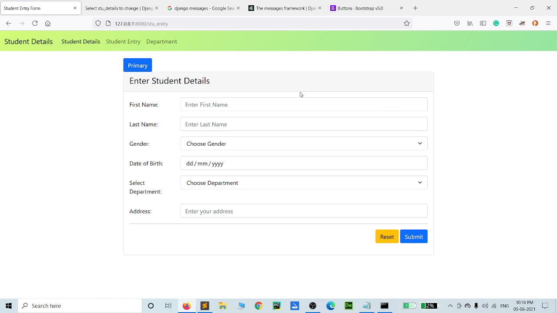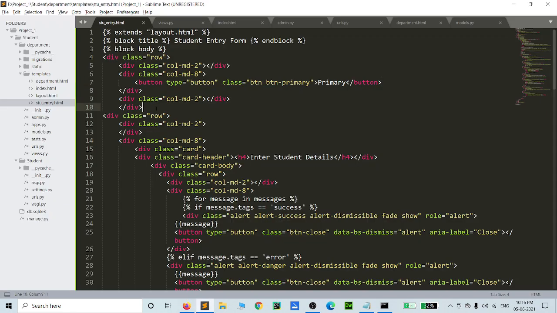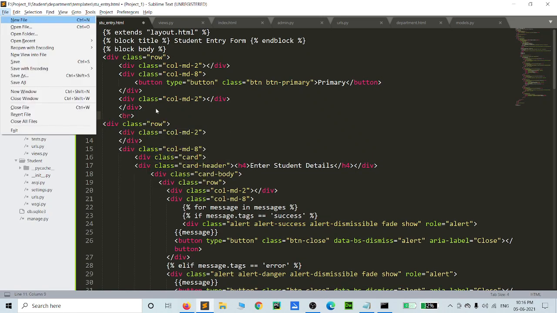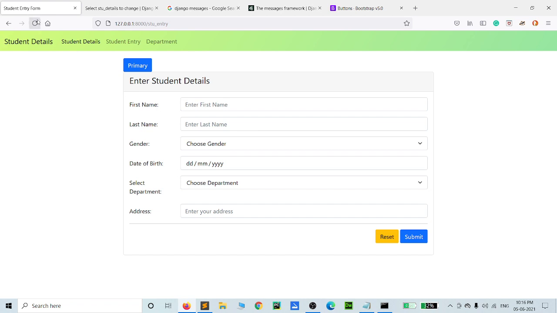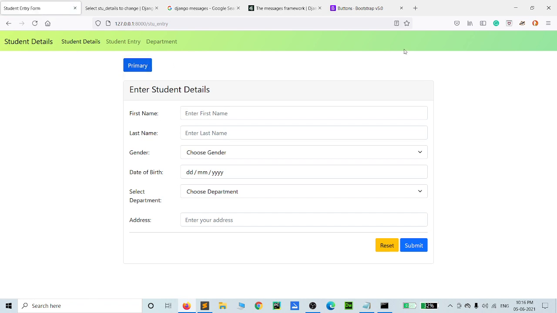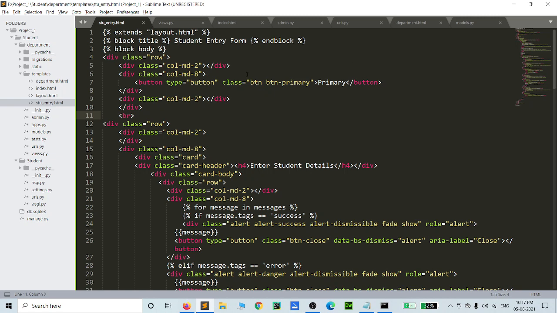Yeah, this form section. And one more thing, we have to use the breakpoint here. Suppose you want to go to the right-hand side, so you can add text-end.